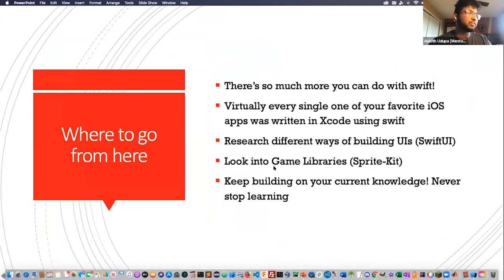There's a lot of different places you can go from here. Basically every single one of your favorite iOS apps was written in this method. So there's a lot of really complicated stuff you can do. So you can research different ways of building